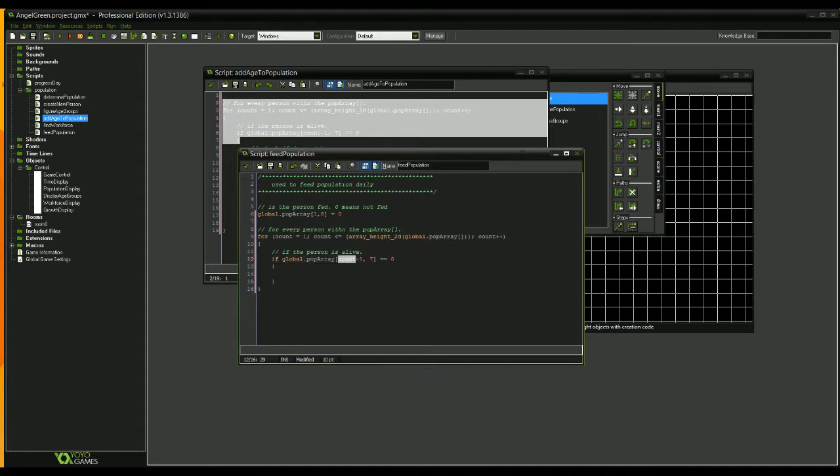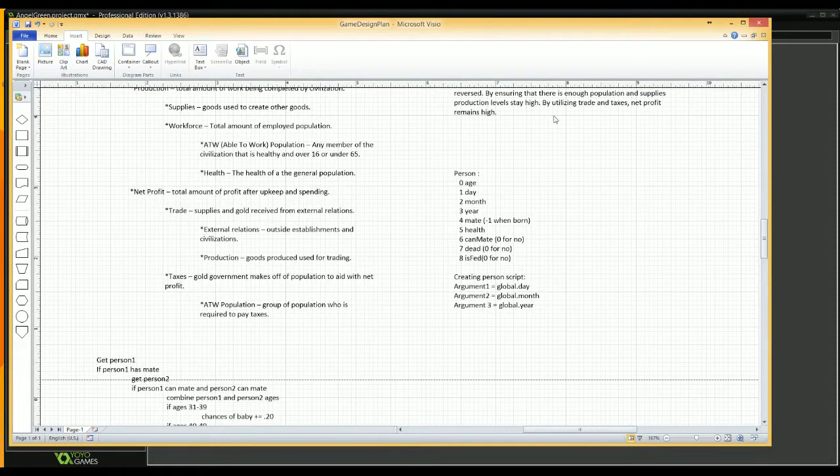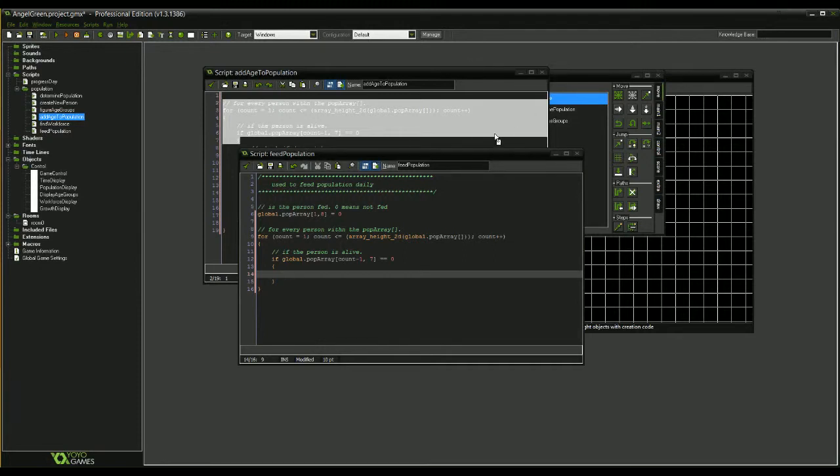So check the index count minus 1, because count is a count of the people in here if I ever need it, and minus 1 so I can get the correct index, because as you've seen, the first index in the array is 0, so count minus 1 takes me back to 0. And then the 7 checks if they're alive or not. 0 means alive, right? Oh, okay, yeah, 0 means alive. If 0, then they are not dead. So, for every person who is alive,